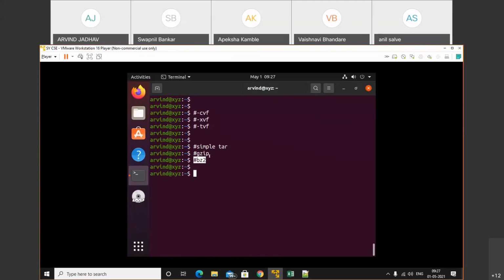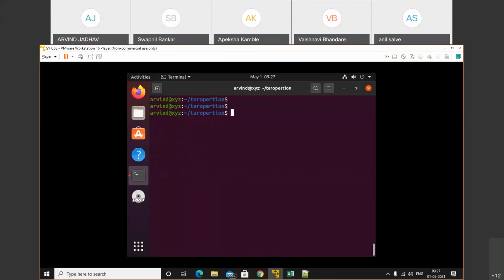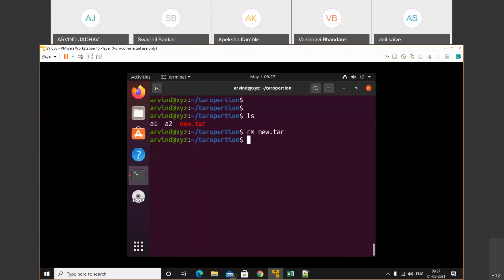ओके, सो अभी ये परफॉर्म कैसे करें. सिंपल tar तो हमने परफॉर्म कर लिया. नाउ वी नीड टू परफॉर्म gzip एंड bzip. We'll discuss about that. इसलिए हम tar ऑपरेशन में जाना पड़ेगा. I will remove the new tar file. Check out ls. We don't have tar operations.